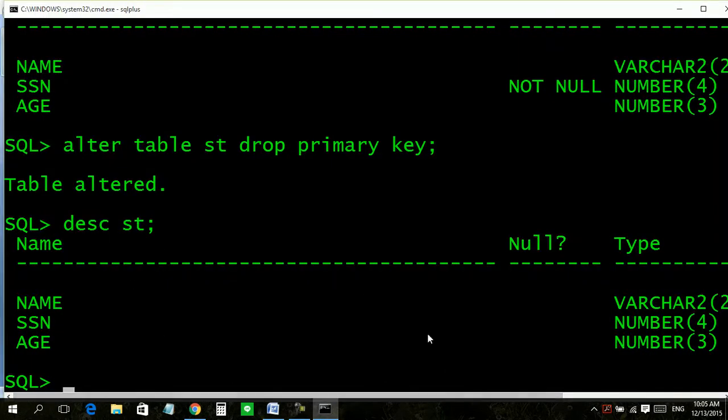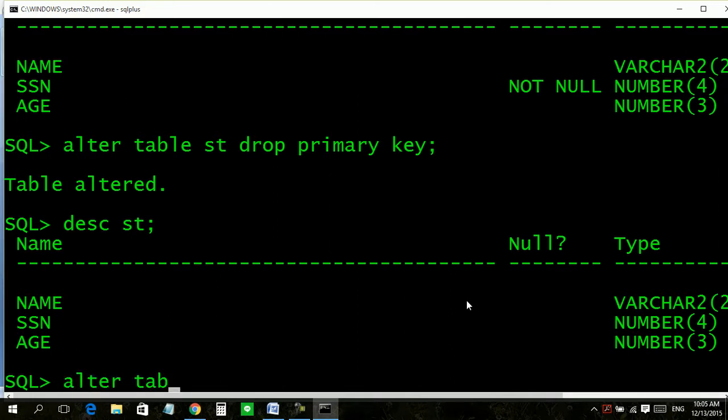For example, let us try. This is our ST table based upon name, SSN and age. Now we will create another table. Before going to that, let us revert back and make a primary key here.